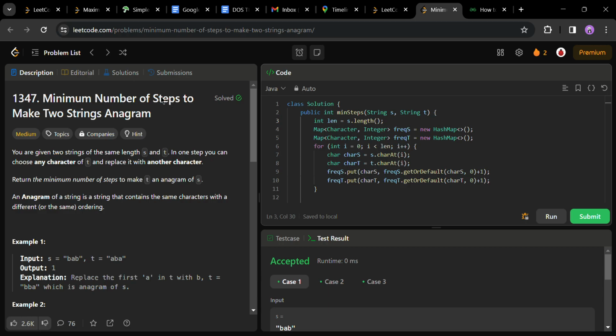Hello all. Today we are going to solve this question. The question says that we need to find the minimum number of steps to make two strings anagram. We are given two strings of similar length, S and T. In one step you can choose any character of T and replace it with another character. And we have to return the minimum number of steps to make T an anagram